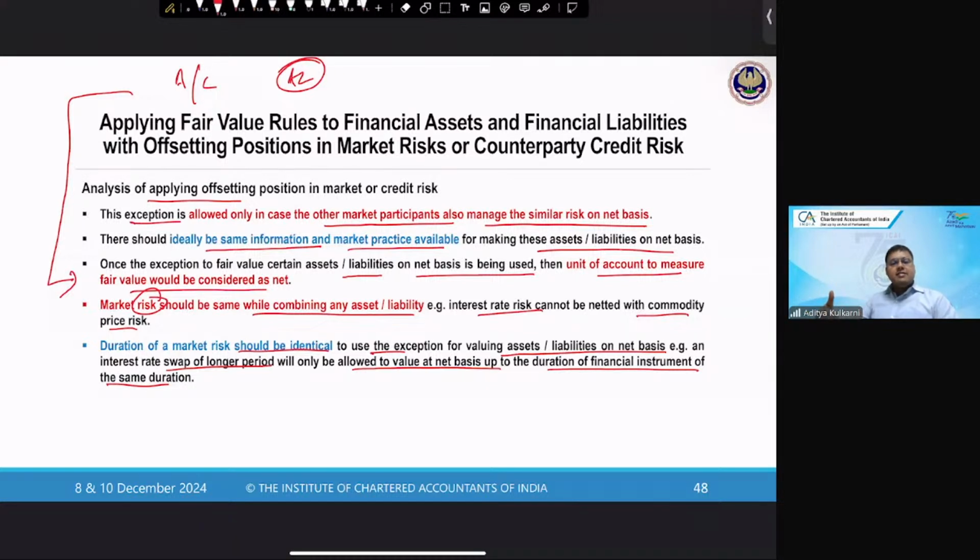Is there anything which is illogical, or are all these requirements perfectly logical? Perfectly logical. You cannot offset different market risks, you cannot offset different durations, right? So that is but obvious. Okay, so these are the requirements, and for the requirements, what are your precursors? That is something that we are having as part of our offsetting discussions. All clear? Yes, sir. All right.